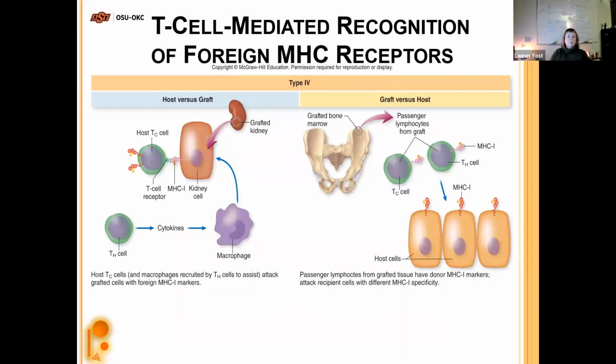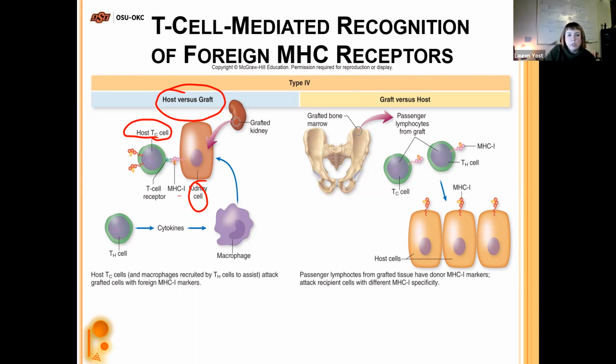All right, so T cell mediated recognition of foreign MHC receptors. This is where we're going to be getting into graft rejection. There are two different ways that you can reject a graft. On the left, we have host versus graft. Essentially, we have put a kidney into someone's body, right? So here's an example of a kidney cell that would be associated with that kidney. A T cell receptor from the host comes in and can recognize the kidney cell from the donated kidney via the MHC1, and then that will cause it to